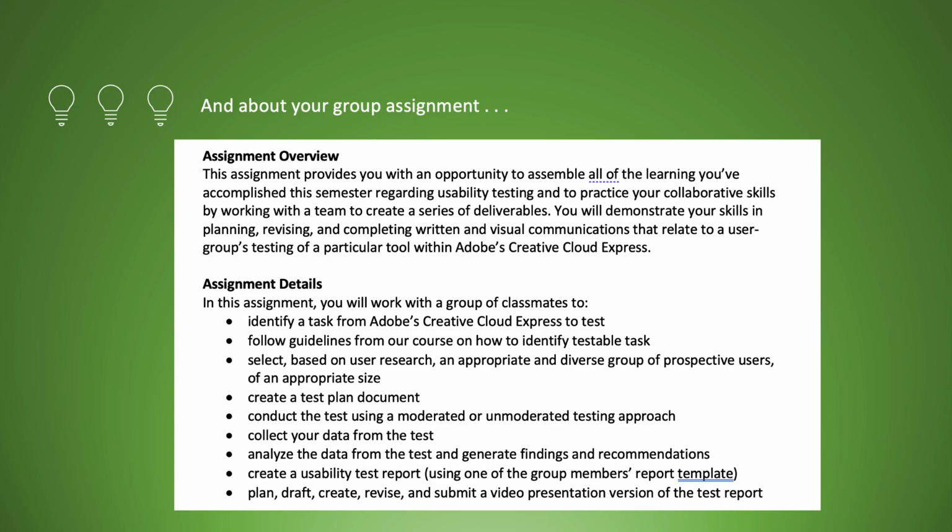So going back to some of Norman's lessons, if you do come up with a specific population to test, you need to be very careful in analyzing your findings. Let's say it's a group of senior citizen users between the ages of 70 and 75, that maybe they struggle with certain things, a certain thing you're having them test in Creative Cloud Express,